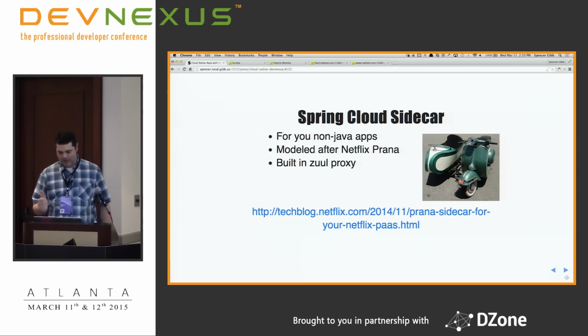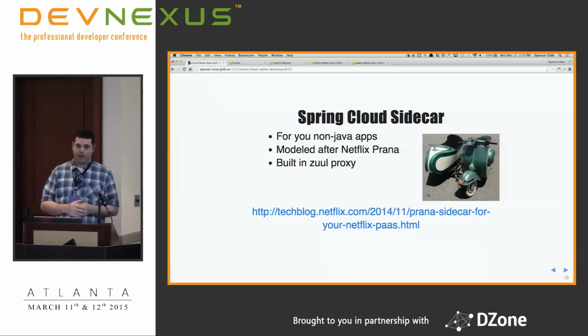And they created this sidecar, and I said, well, with Spring Cloud, that would probably be really simple. We already have proxy enabled. We already have configuration that is distributed and remote and accessible over HTTP, right? So non-JVM apps can hit that.